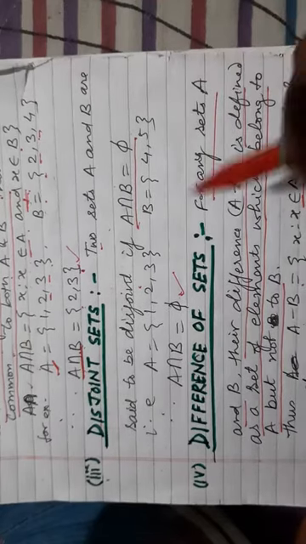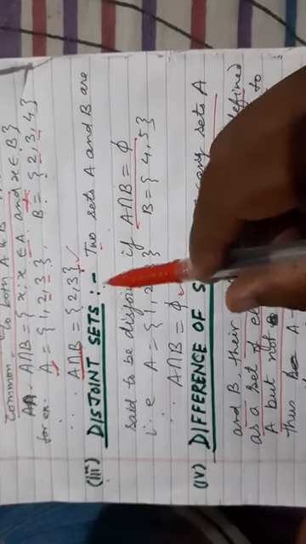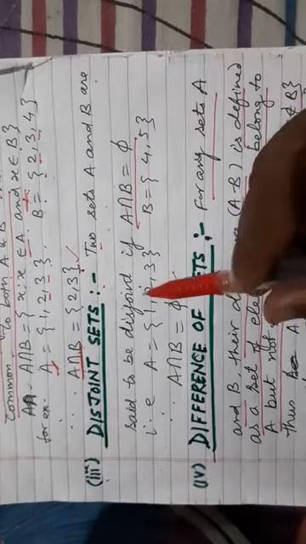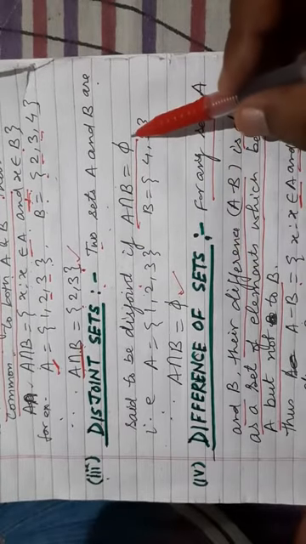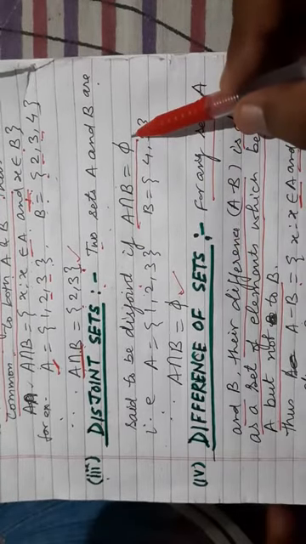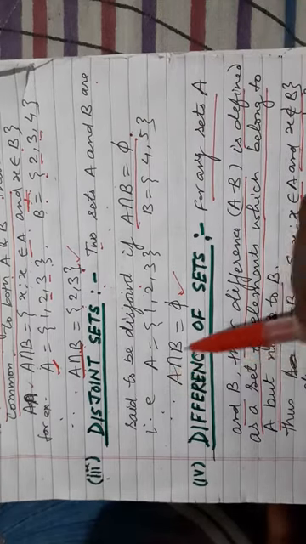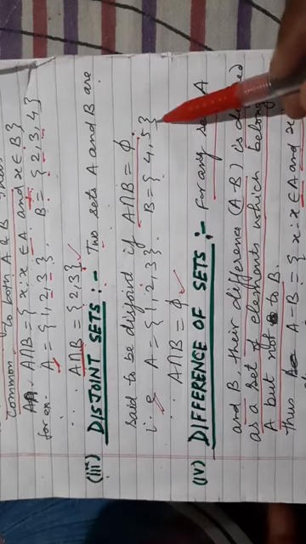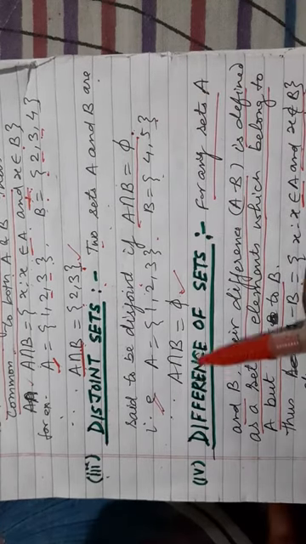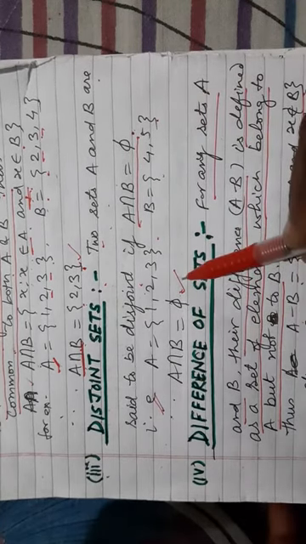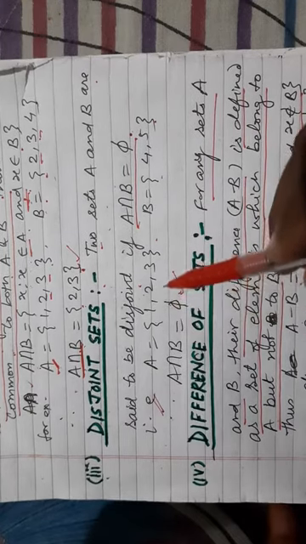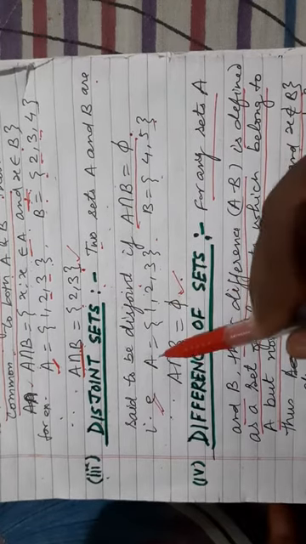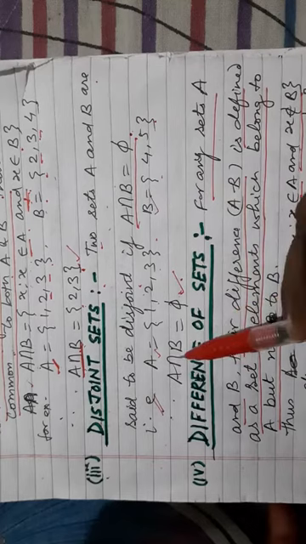Next point is disjoint of the set. Two sets A and B are said to be disjoint if A intersection B is equal to phi. For example, A is equal to {1, 2, 3} and B is equal to {4, 5}. If you are taking the A intersection B, that will be phi. We are seeing that there is no element common in set A and set B, therefore A intersection B